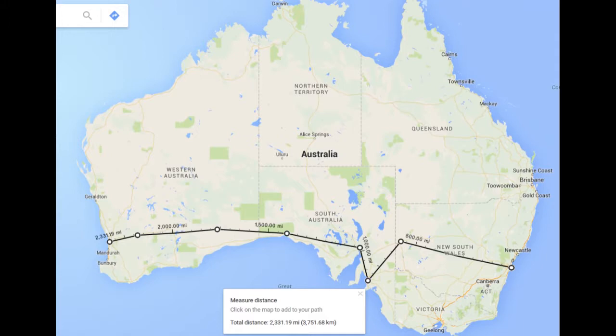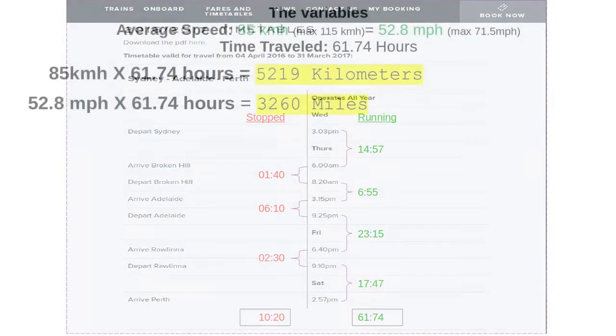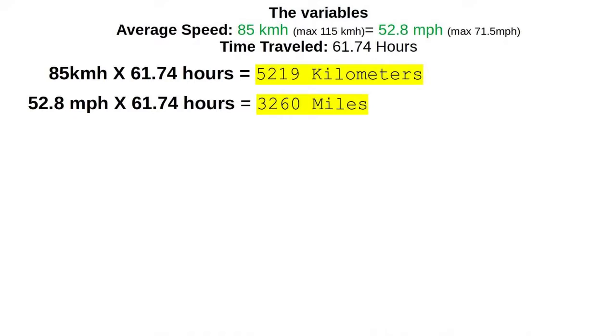So now let's see where it all comes out. So I started off by verifying the actual travel time and looking at their timetables. I was able to figure out the departure and arrival times for each location, and then you just add it up. So it came out that there's a total of 10 hours and 20 minutes of dead time being stopped and 61.74 hours of actual travel time from departure to arrival, and vice versa. So with that, we can then